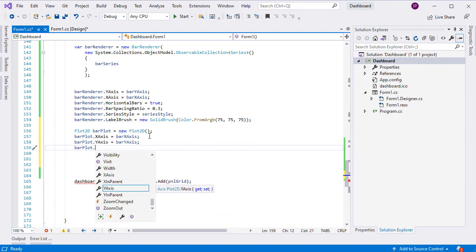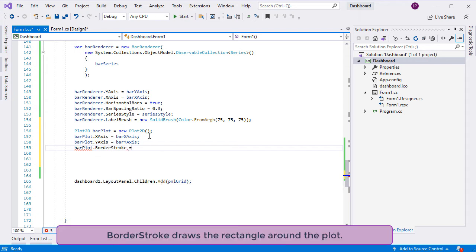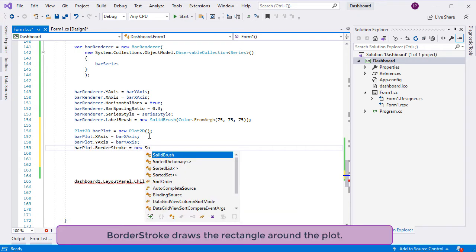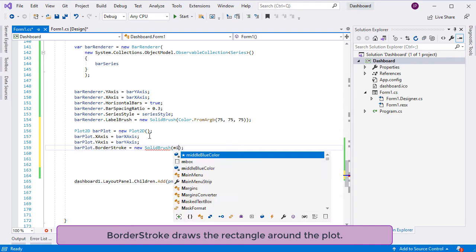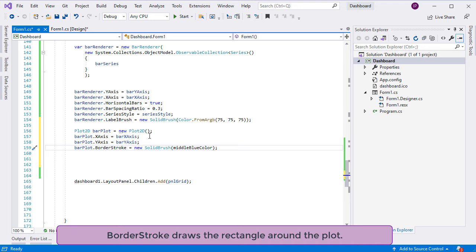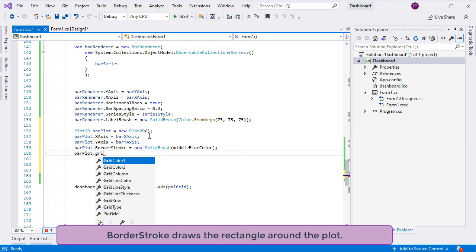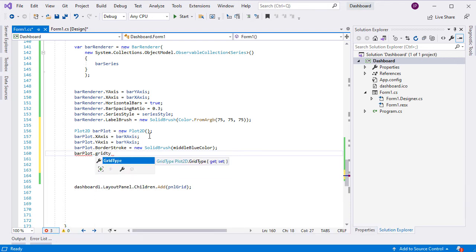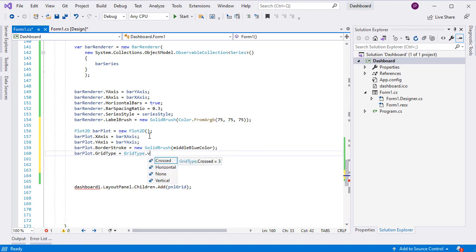We specify a border stroke in blue. The grid will be vertical and the color of grid lines, blue again.